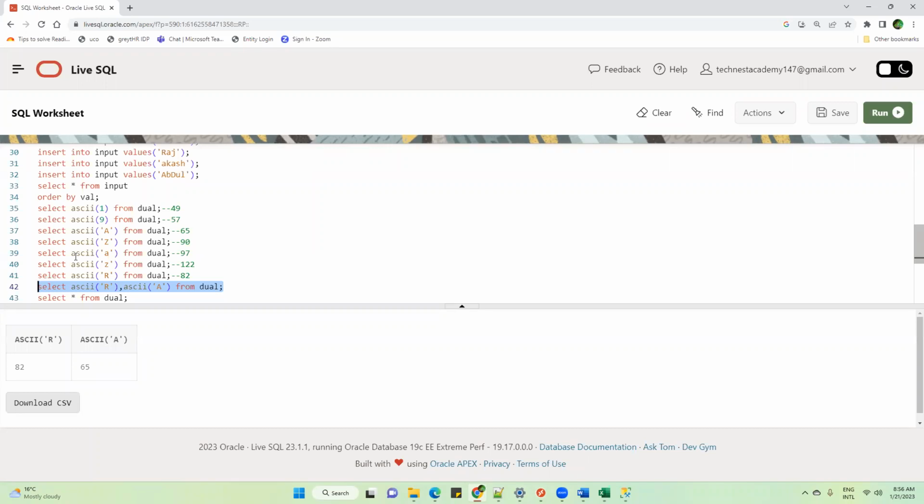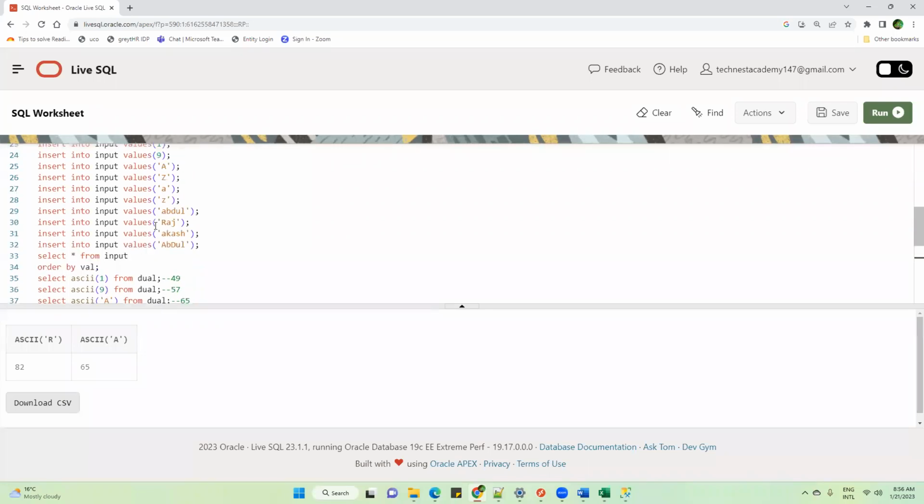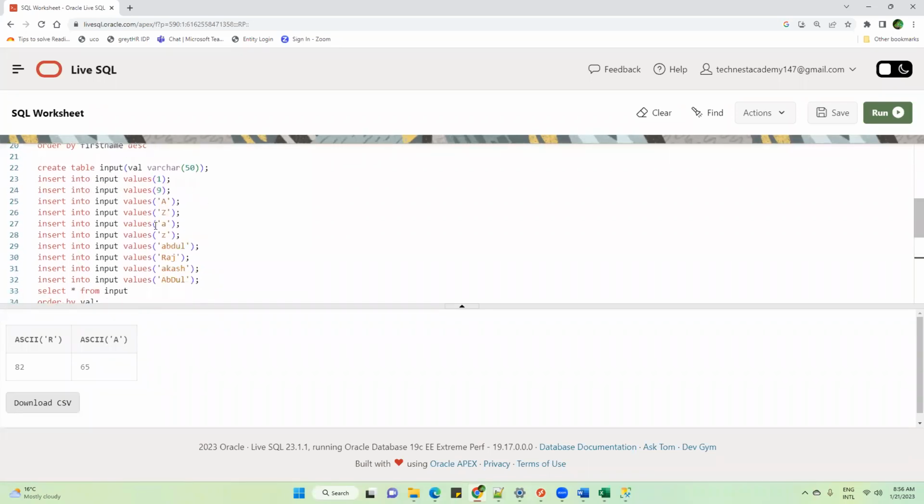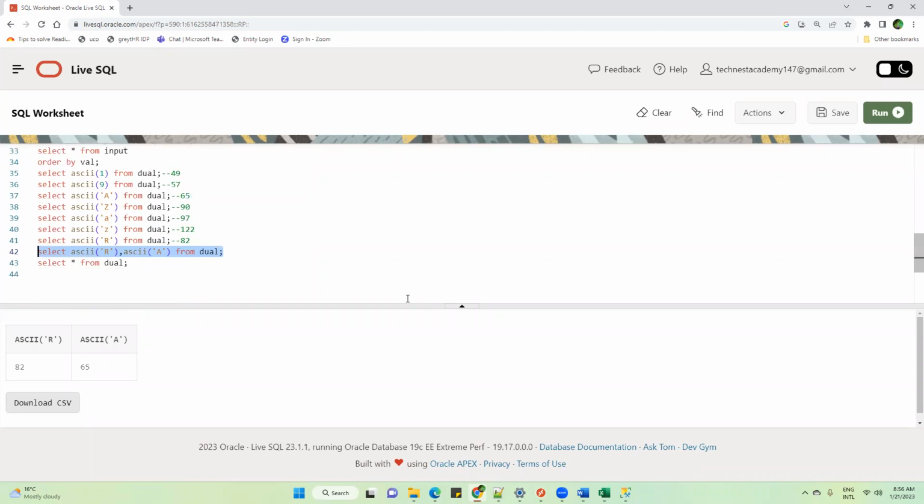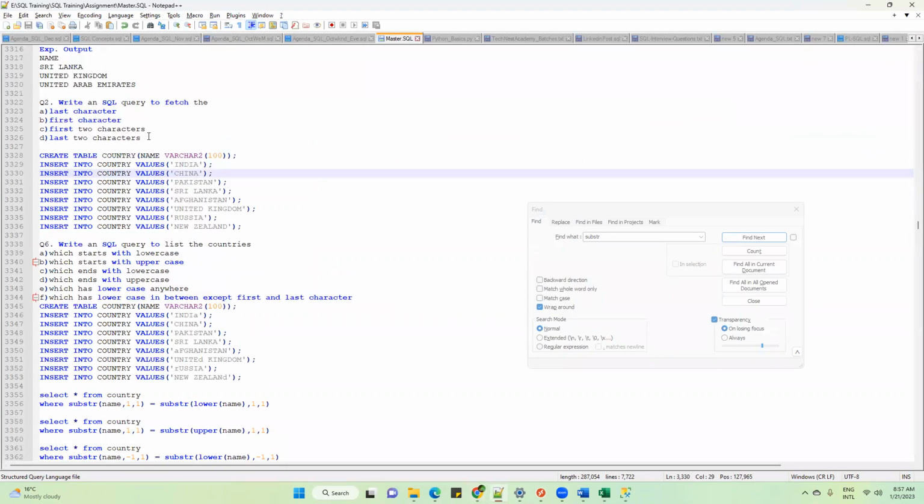Even many times I have heard from my participants, when they appear for an interview, that the interviewer will say, okay, verbally just tell me the logic. That's all. They're not bothered about the syntax and all those things. Okay. Thank you. Fine. No problem. Shall I proceed further? So you understood how it works internally. This is very important. Okay. Yes. Fine. Now I am proceeding with the next question.